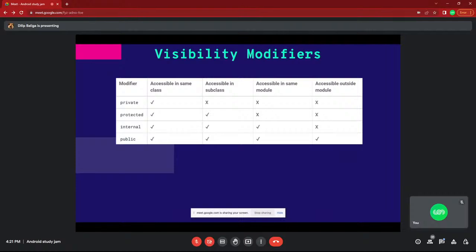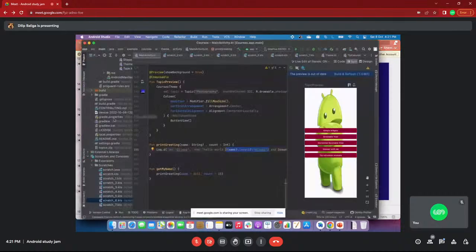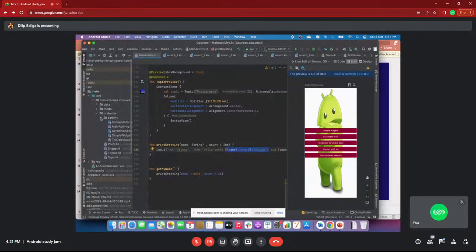Now, what does internal mean? Internal means we are creating certain modules. In Android also, I'll show that once again. For example, each Android app has modules or packages.